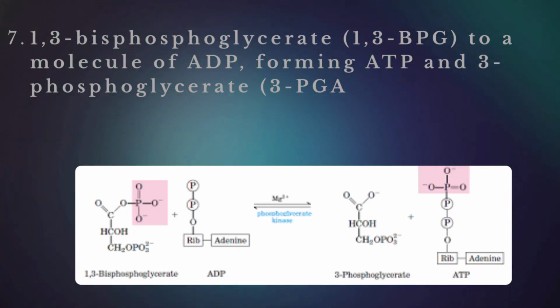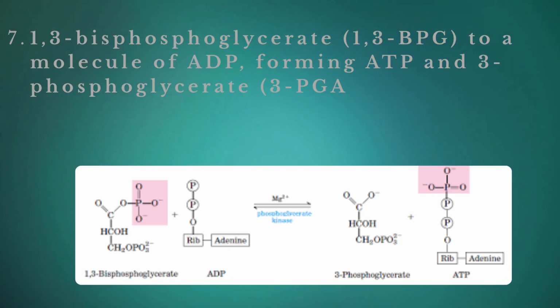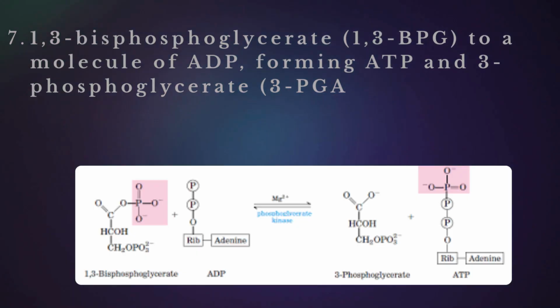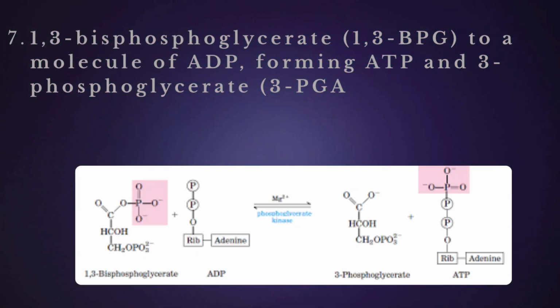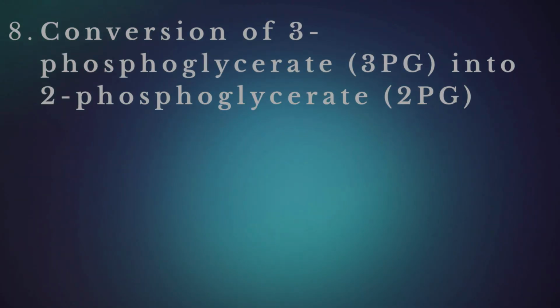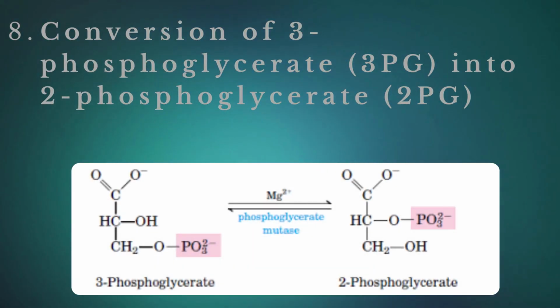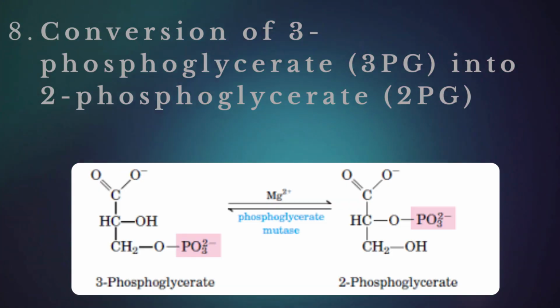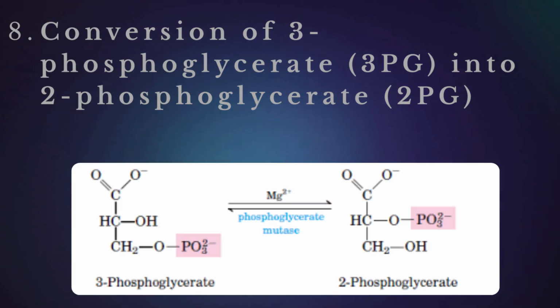During this step, the enzyme phosphoglycerate kinase transfers a high-energy phosphate group from 1,3-bisphosphoglycerate, 1,3-BPG, to a molecule of ADP, forming ATP and 3-phosphoglycerate, 3-PGA. Step 8 of glycolysis is the conversion of 3-phosphoglycerate, 3-PG, into 2-phosphoglycerate, 2-PG. This reaction is a critical isomerization step in the payoff phase of glycolysis, preparing the molecule for the next step,